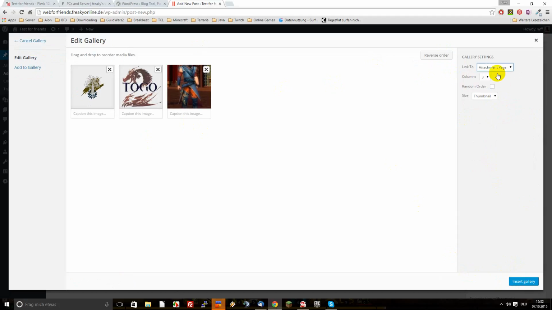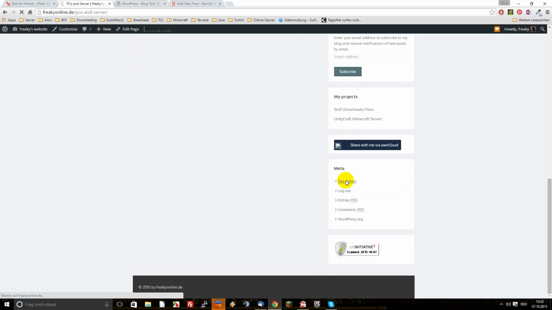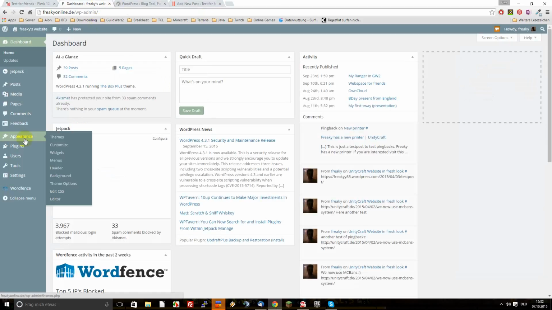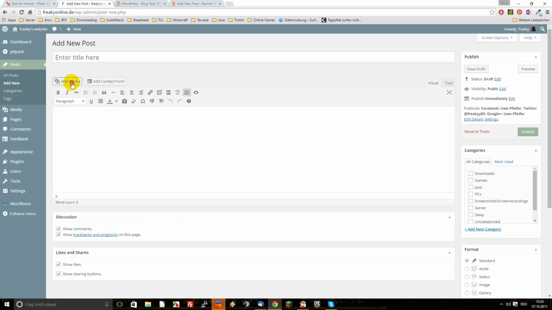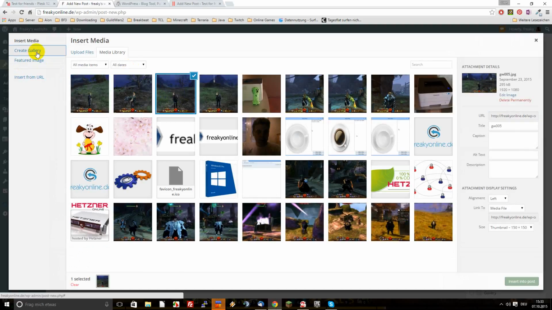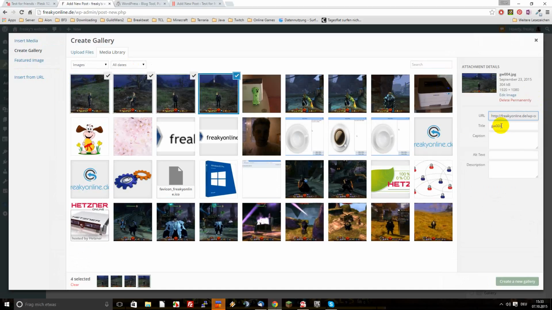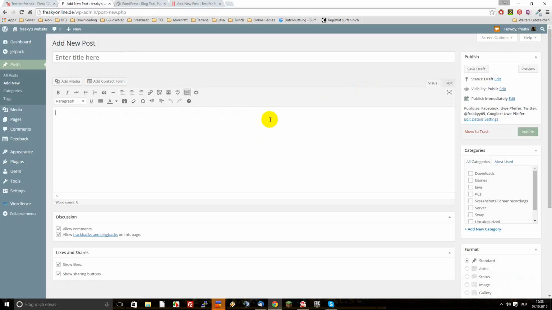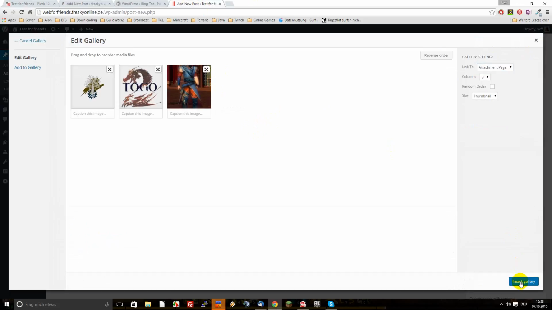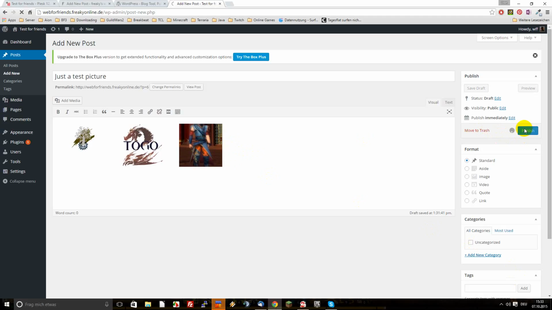Attachment files. Okay. There is a plugin called Jetpack for WordPress, which gives a lot of additional features for the gallery, like mosaic or something. Wait, I'll show you. Site admin. Post. Add new. Add media. Create gallery. And then create new gallery, and then you can choose a type such as thumbnail grid, square tiles, circles, tiled columns, slideshow, etc. to get different kinds of galleries for your pictures. Now back to this one, the default gallery, just inserted, publish,